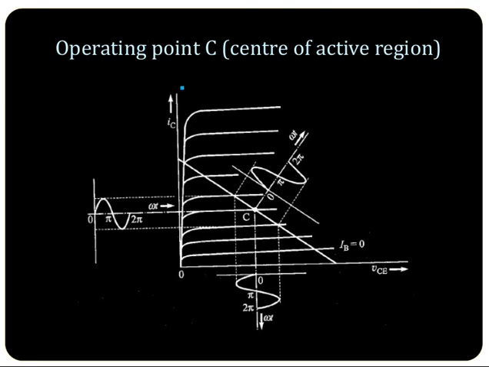What happens at the operating point C? There are no issues. It is in the center of the active region. This is the IB and IC value for the operating point, varying between these 2 points. You can see between these 2 points. This we have already discussed in the previous part of the video of lecture 2. So this IC is perfectly all right. There is no clipping. It is magnified. IC will be beta times IB and in the milliampere range. So the signal will be amplified. You can observe VCE also here.